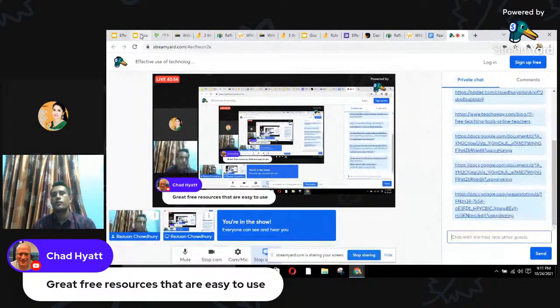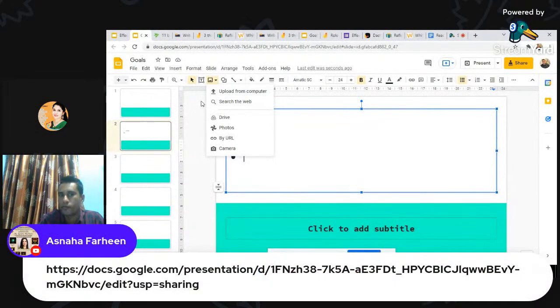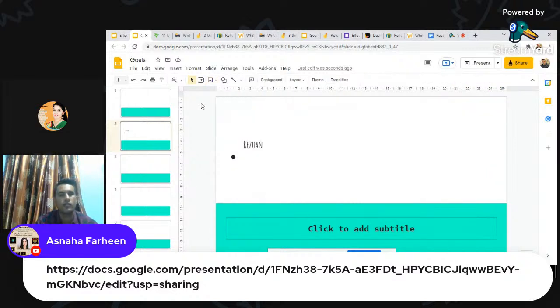So we are learning how to use the goal slide. Your students are going to love it, because some students are very creative. They can put an image from the computer or from the internet, and attach it. So they may have better ideas than the teachers, and they're more creative. When you work in the goal slide, you can tell the students, if you want to put some pictures, you can do it, and also you can write your goals. We teachers have goals, and students have goals as well. So now you're going to write your 2 goals for this academic year.